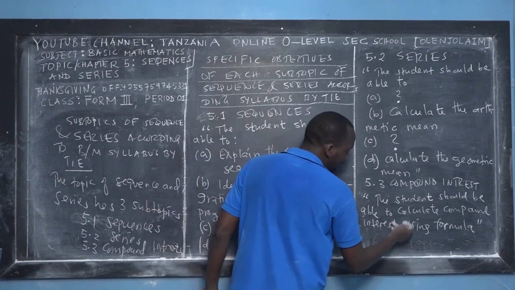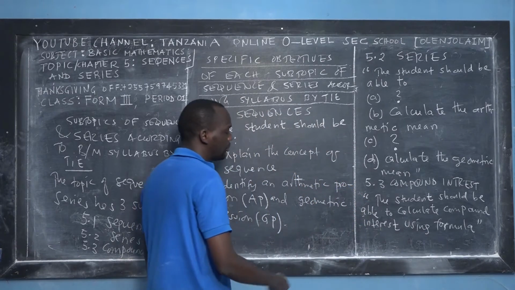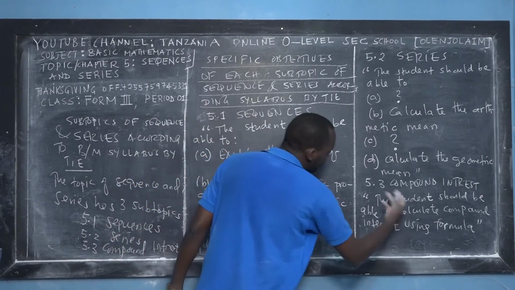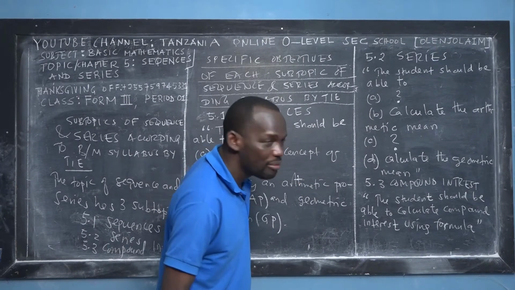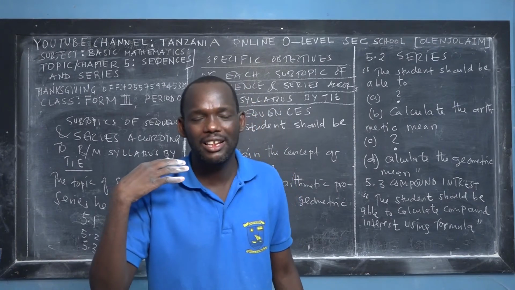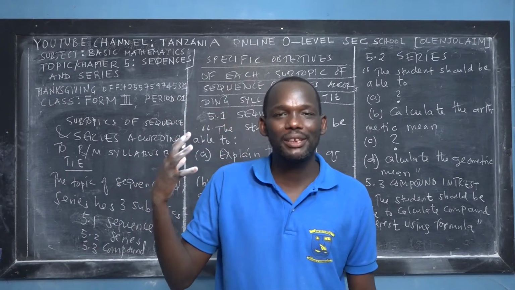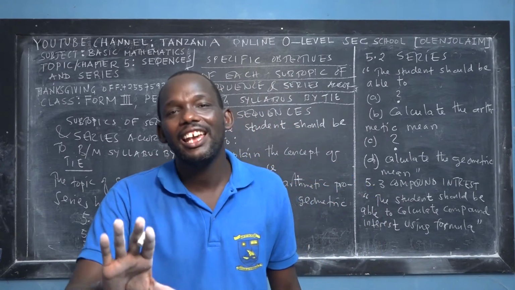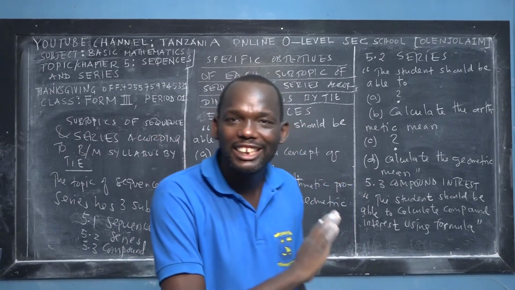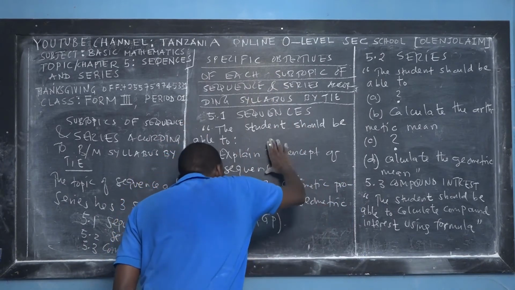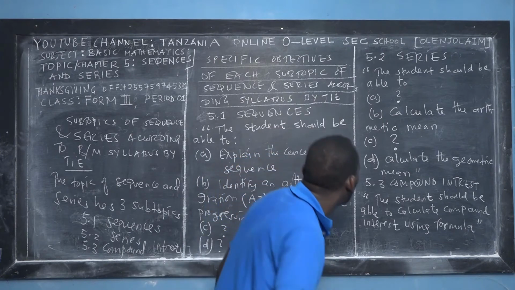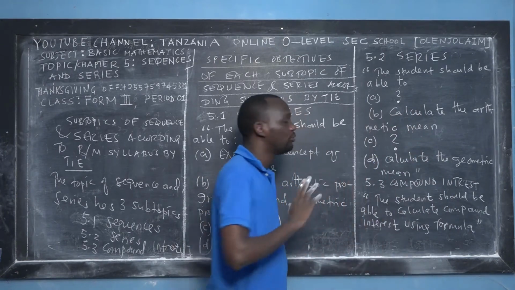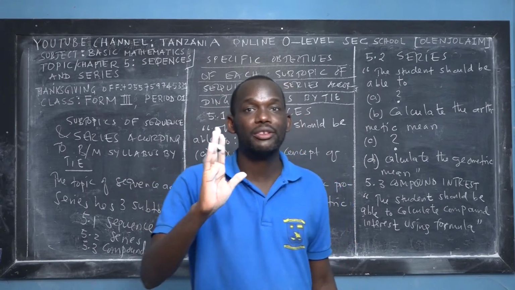I have written according to what they've written in the book, using the formula. So, to finish the 5th topic of the Form series, called sequences and series, students should meet these 9 specific objectives: 4 specific objectives for the subtopic of sequence, 4 for the subtopic of series, and 1 specific objective for the subtopic of compound interest.